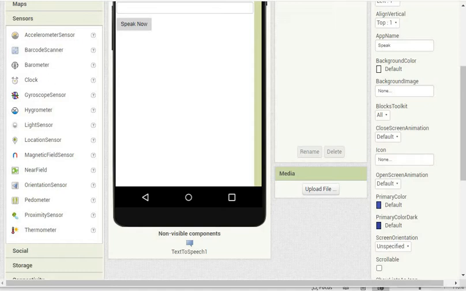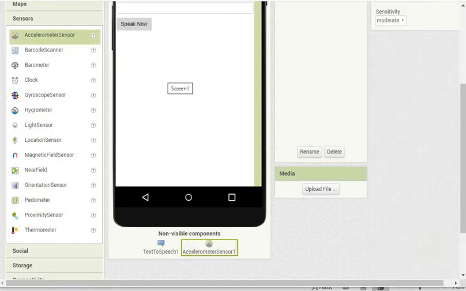For today, we will upgrade our Speak app to include some fun features. We will set up our app to say "Stop shaking me" whenever you shake your phone. Pause this video and try to guess what sensor might be used for this purpose. Yes, it is the accelerometer. So now let us go back to our app, drag and drop the accelerometer sensor to the viewer.